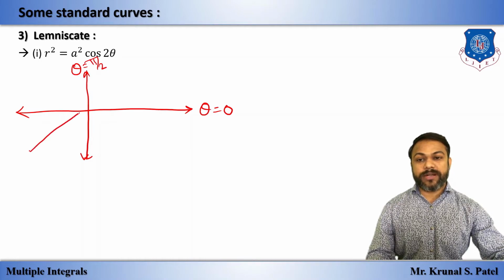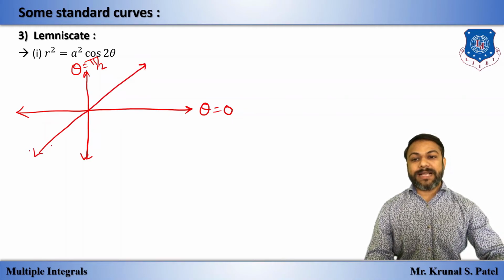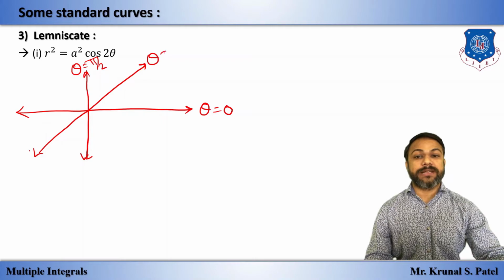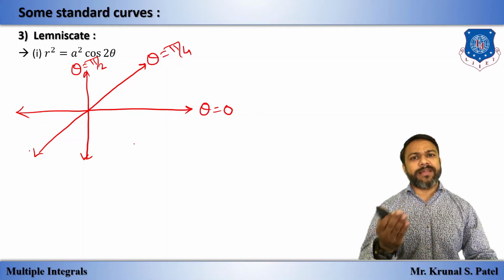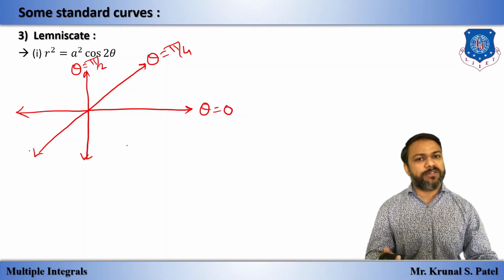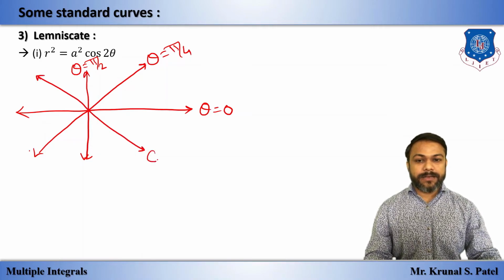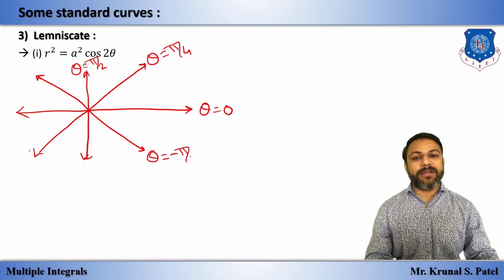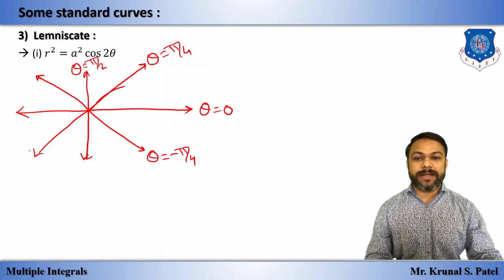In Cartesian coordinates we say this line is y is equal to x, but in polar coordinates y is equal to x is not used; theta is equal to pi by 4 line is used. This line makes 45 degrees, same as y is equal to x. In the same way, this is your second line, theta is equal to minus pi by 4 line. Okay, so we have this Leibniz cat,